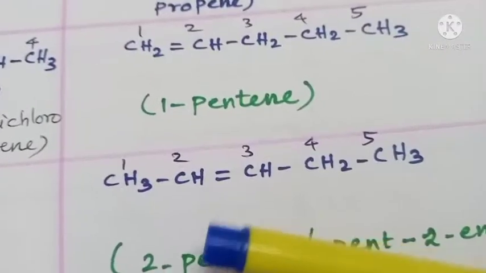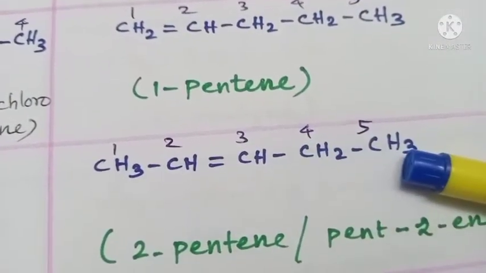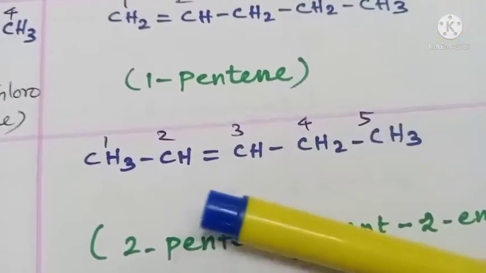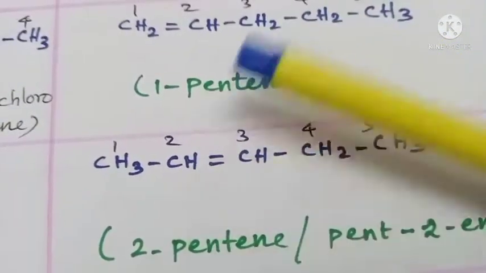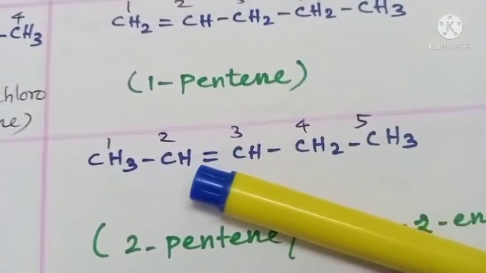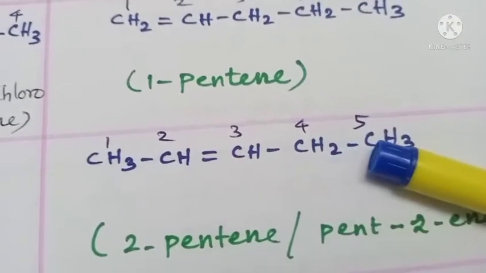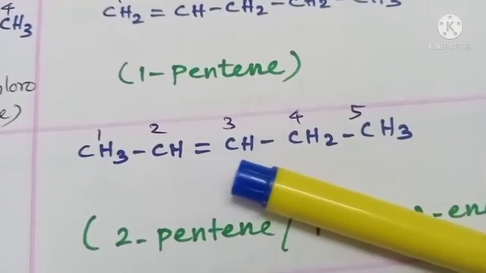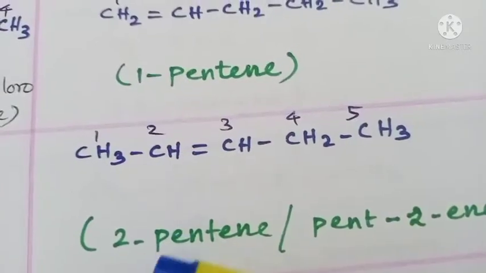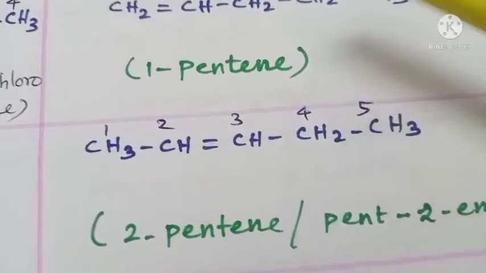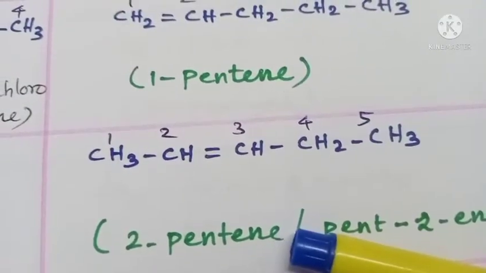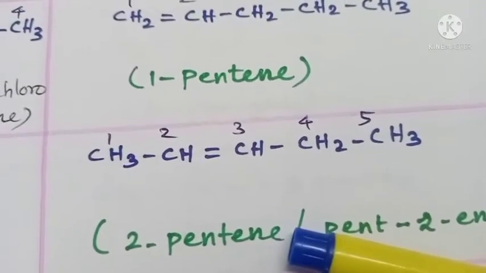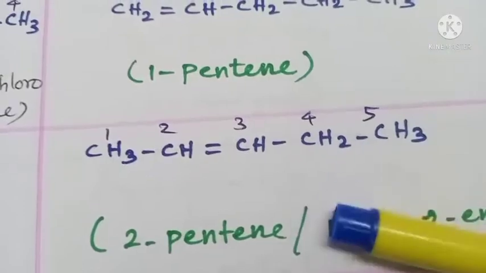Look at the next one. This is also a 5 carbon derivative like the previous one. But the location of double bond is different from the previous one, isn't it? Right. Now here it is at first carbon, here it is at second carbon. So 5 carbon derivative with a double bond. So pentene, double bond is at second carbon, 2 pentene or pent 2 ene. Okay. So these two are positional isomers. 1 pentene and 2 pentene are isomers which differ in the position of double bond. So we can call them positional isomers. Okay.